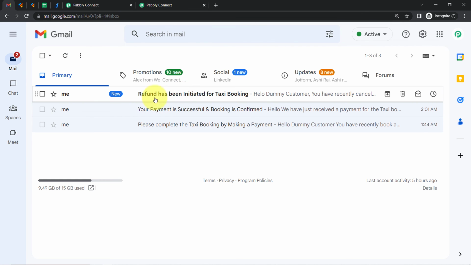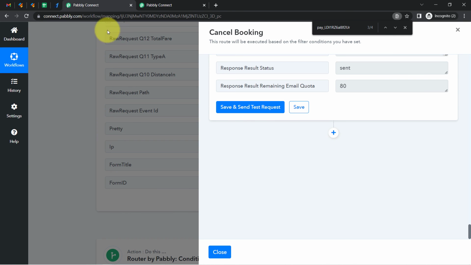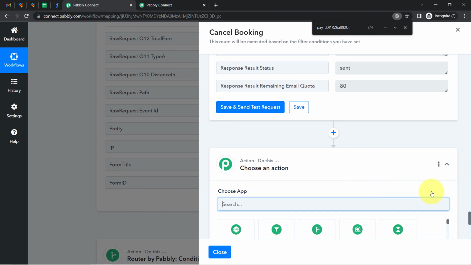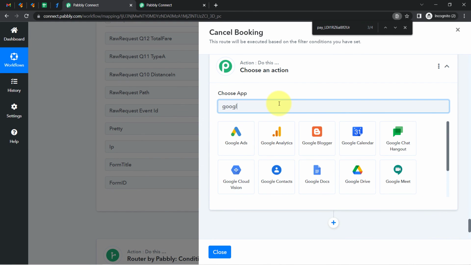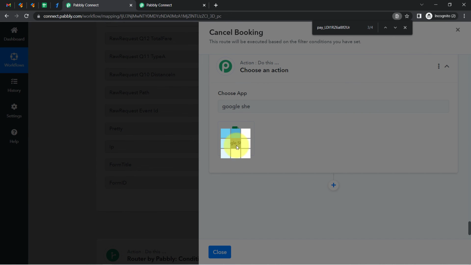And here you can see the refund has been initiated for taxi booking. This is how you can automate this refund process also for your bookings, for your taxi booking. Again, coming back to Pabbly Connect, the last step will be to update the final status into our spreadsheet, for which I'll have to search for the Google Sheet one last time,